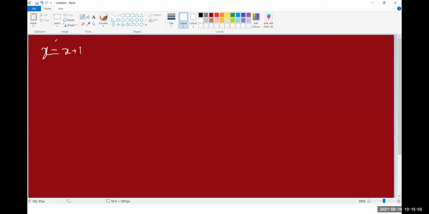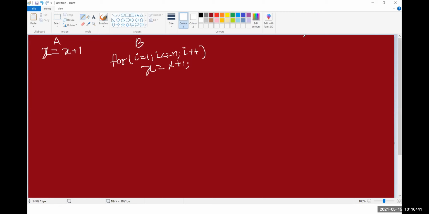Let me consider x equal to x plus 1, for example. This is one particular program, let me call it program A. And then program B will be: for i equal to 1, i less than or equal to n, i plus plus, and here the statement will be x equal to x plus 1.